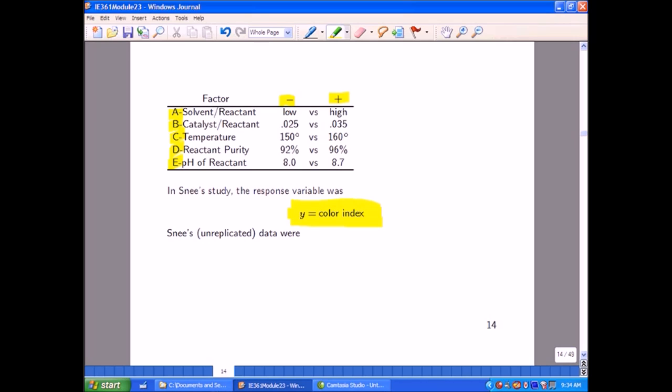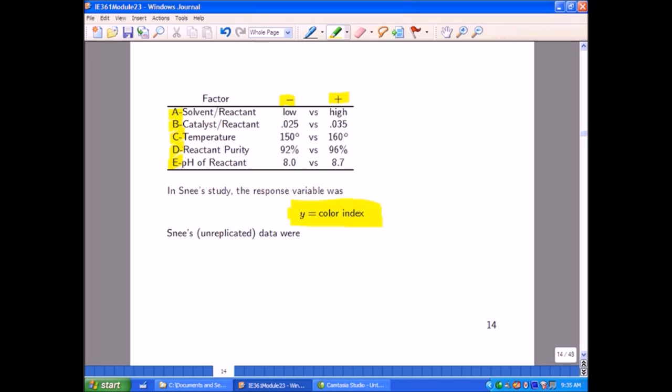If I was going to do a full factorial in this context, it would require a minimum of 32 runs of the process. There are 32 ways, that is 2 to the 5th ways, to set this process up, and